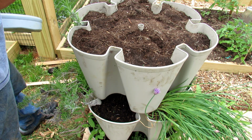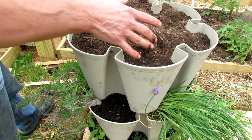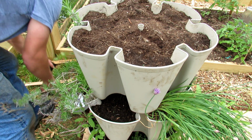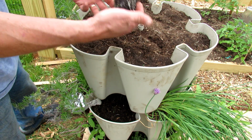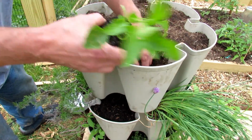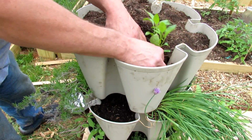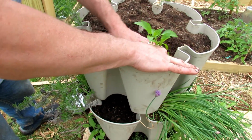I'm going to be setting this up as a salsa garden. We're going to be doing tomatoes, all kinds of different vegetables, and the other setups. So the first one to go in is a jalapeno. If you need to, gently break up the roots, and you're just digging a hole. We're going to plant to about there. Drop it in and press it in,